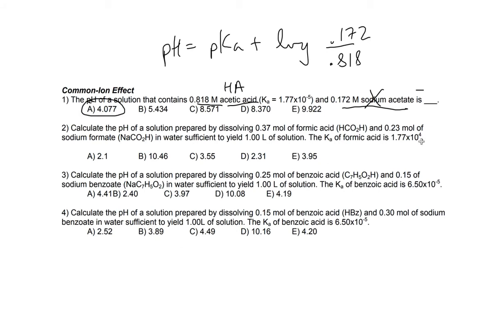The next ones are the same. The reason why there's an error with this one is it's supposed to be 1.77 times 10 to the negative fourth. It's the exact same idea though. What you're doing is you're just taking Henderson-Hasselbalch. So you're just taking the value of sodium formate, that's the ion. 0.23 is going to go on the top. 0.37 is going to go on the bottom. And then you basically do the exact same thing. So you're going to go 0.23 divided by 0.37, log it, and then you're going to add that, so negative